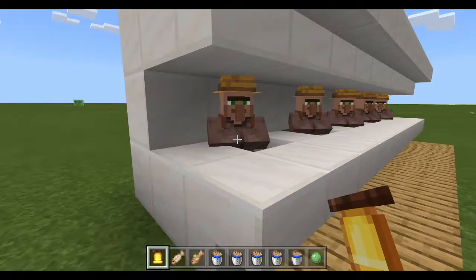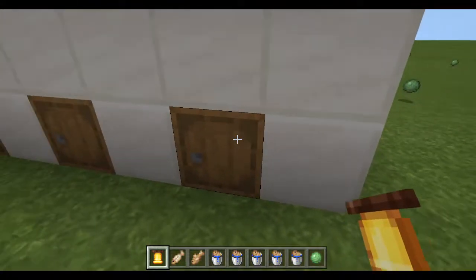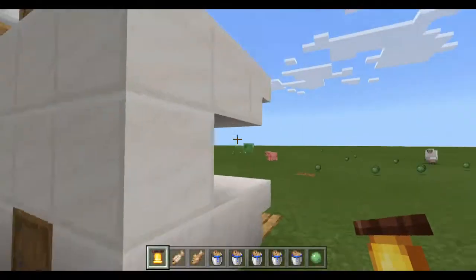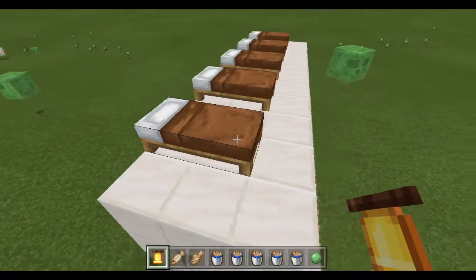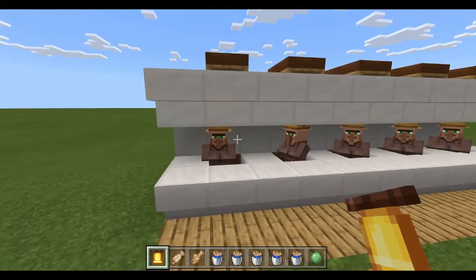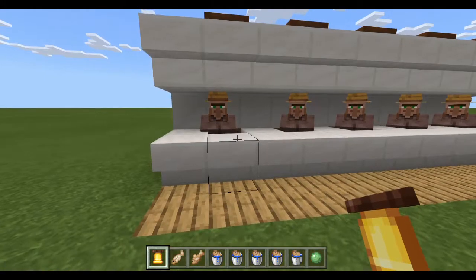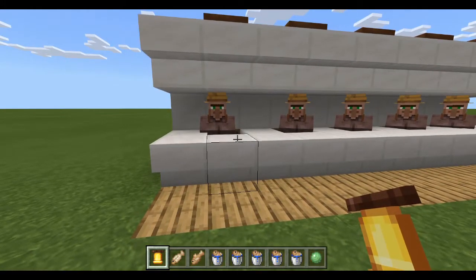Now, how it works is that obviously the villager gets put in here, and we have his trading station back here, in this case the barrel for the villager, and we have his bed on top. Now I'm not sure if the villager actually needs to sleep to reset his trades. That is something I'm going to have to test, but I have tested this, and if I just pop back into survival for a second,